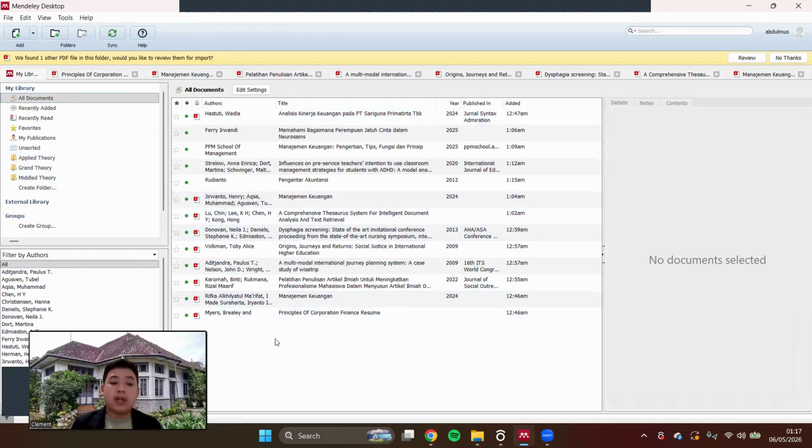So that's the complete tutorial on using Mendeley to support our research methodology assignment. We've covered everything from importing journal, proceeding, and physical book to systematically mapping our theories to strengthen chapter 2. I hope this tutorial is helpful and enables everyone to produce neater and more credible academic work.